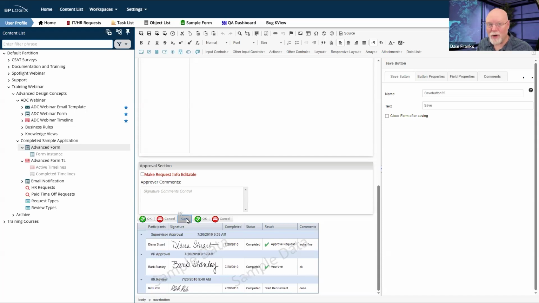I just know that we're doing stuff that we couldn't do before. So we're going to check into whether we can show that save button on a new form instance without having to click close form after saving. But that's for the future. For now, if you want that save button to show up in a new form instance, that's the way it has to work.